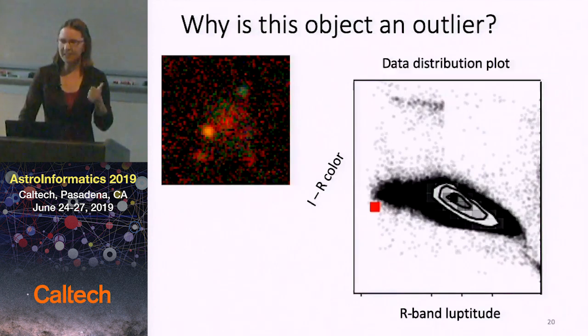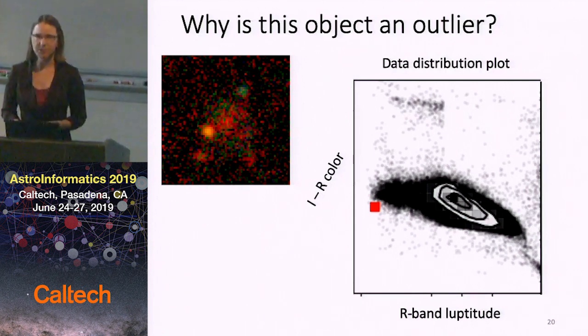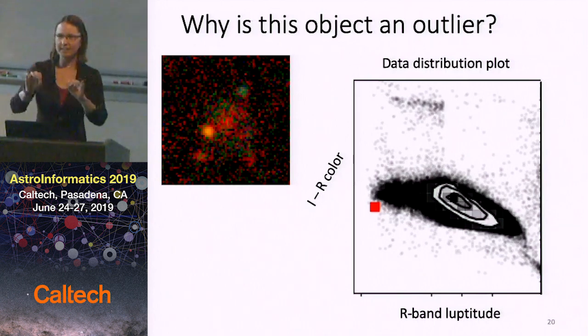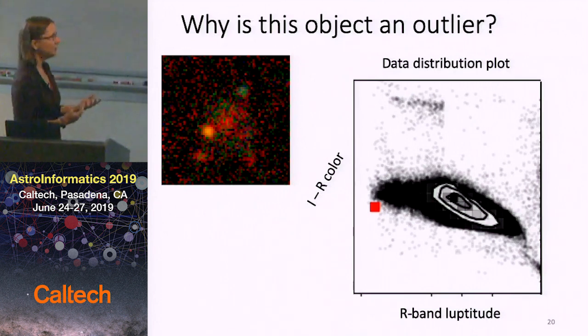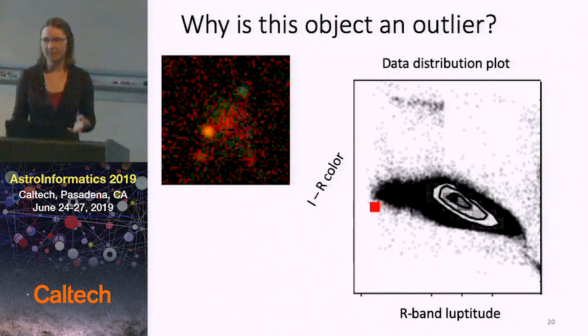Now, critically, it's not enough for an algorithm to tell you, hey, there's an outlier, but it should really be able to also tell you why it was picked, right? The isolation forest, as we discussed, can show you, hey, it got isolated because it had few splits to reach it. But we can also look at the actual data distribution plot. This is all 12 million objects represented, and this object, whatever it is, appears here if you plot 2 of those features, the R band magnitude and then the I minus R color, which means that this is very, very low on the magnitude scale, which means it's extremely, extremely bright or unexpectedly bright in terms of the full distribution